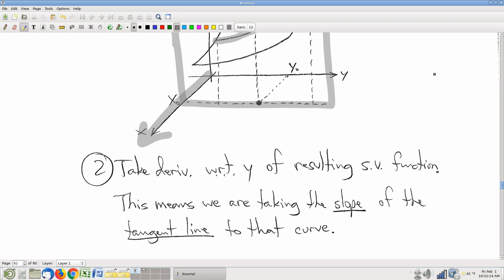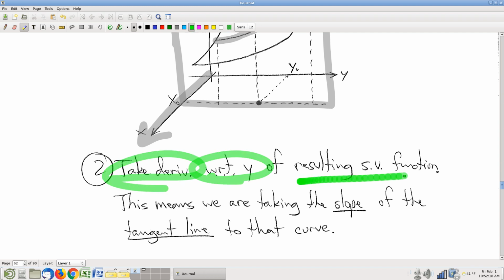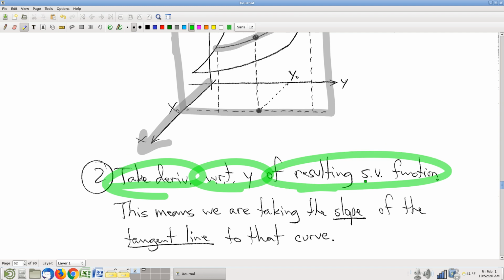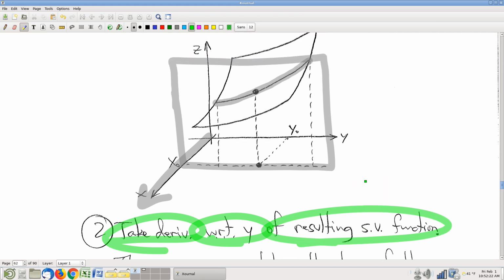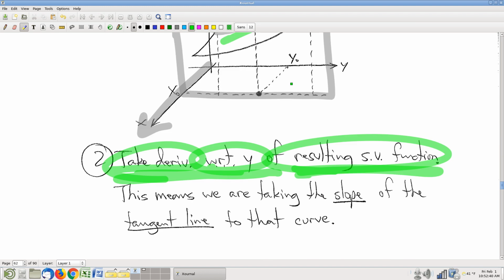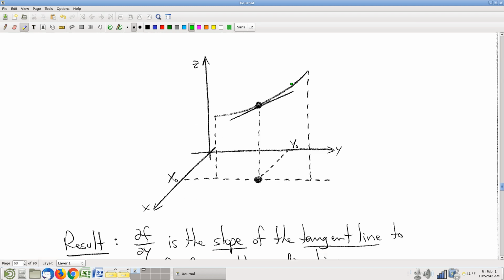So next step, when I take the derivative with respect to y of that resulting single variable function, well, the derivative with respect to the input variable, in this case y, of a single variable function, again, we already have an interpretation. The derivative relates to a graph by way of slope of the tangent line. Okay, so putting all of this together,